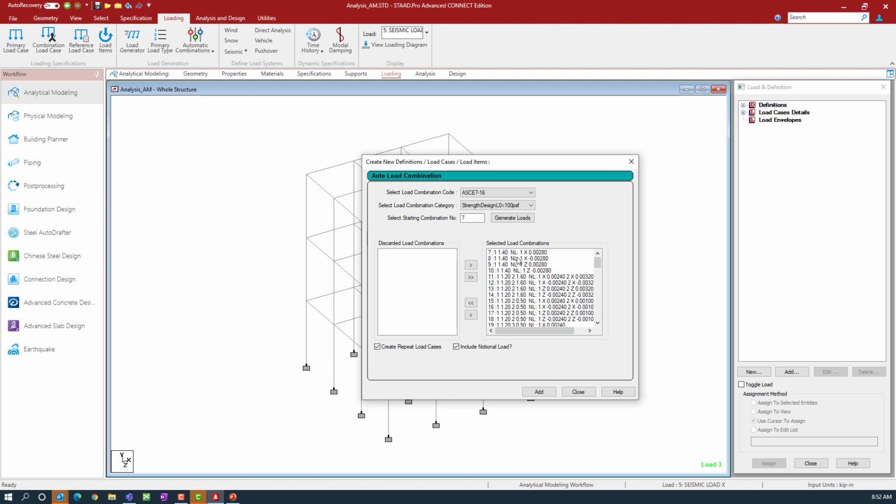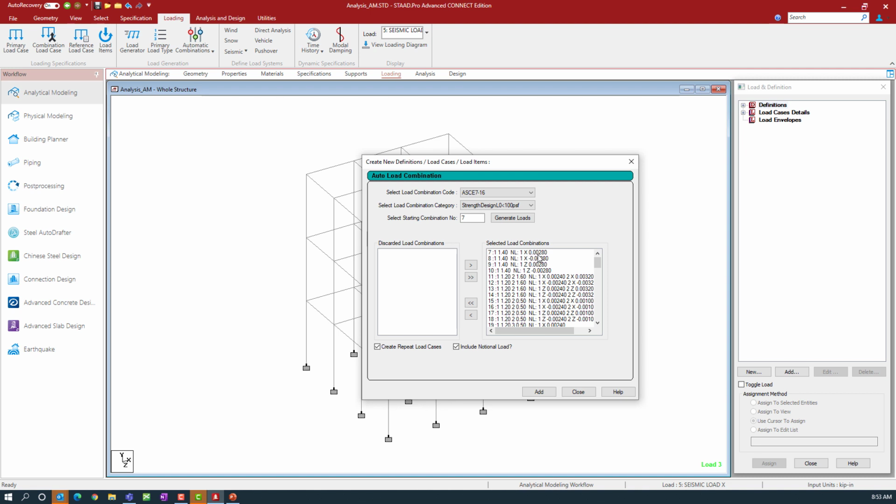Then we're going to see some additional information here, which will be NL. This is signaling that notional loads have been added. And we're going to see our load case 1 again. Then we're going to see an X. An X means the direction. So this is going to be the notional load added in the X direction. And here's the factor. Since this load combination refers to 1.4 times dead, basically what the program did was it took 1.4 times 0.002 to arrive at